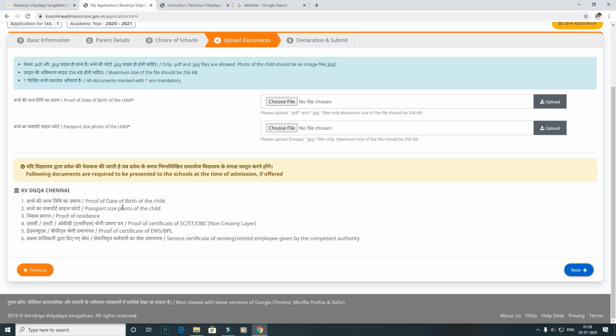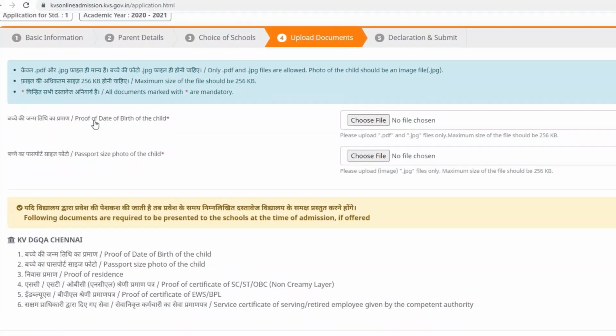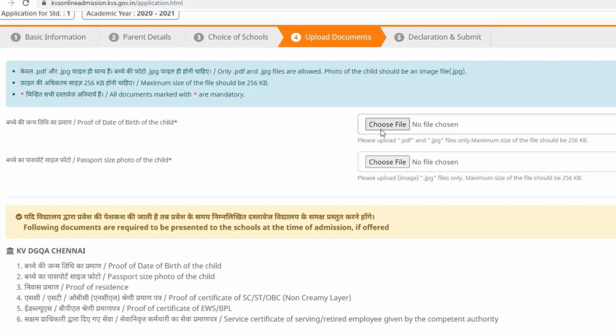Then the 4th important section. First we have completed basic information and parents' details. Third, choice of schools, that also we have completed. Now coming to upload the documents. Here the date of birth certificate of the child is to be a scanned copy, in PDF or JPEG form, but the file size should not exceed 256 kilobytes.